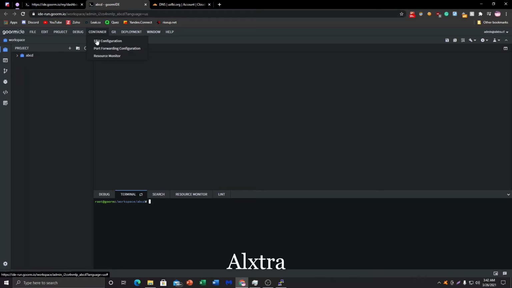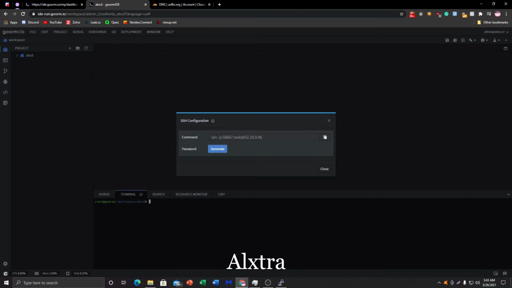And you'll want to come up here to container and click on SSH configuration, and then it will show you a bunch of this random stuff. So you'll see this is the port, and then that's the username, and then that's the IP. So what you want to do is copy the IP right there,